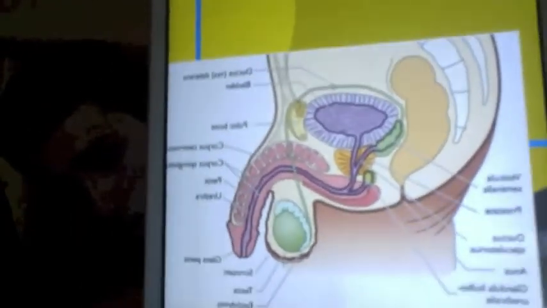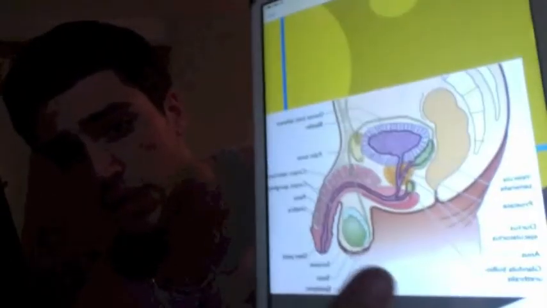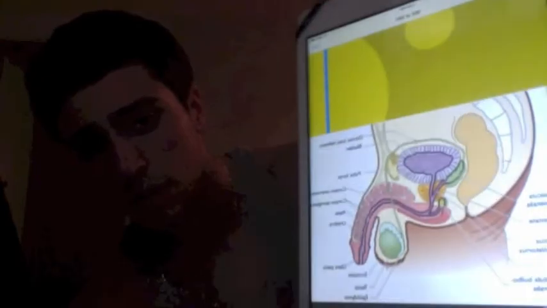The two main parts are the testes, seen here, and the penis, which is used in getting it out of the body and into the female. The testes is where the sperm is created, and that goes through a process called spermatogenesis, in which